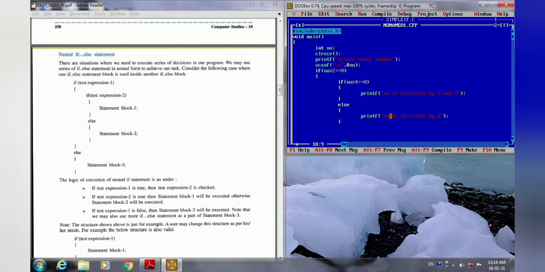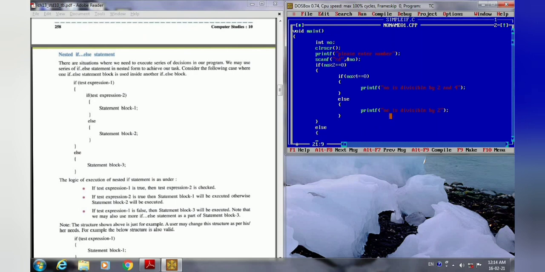Now we have to write the else part of our outer if. As the outer else part, we will write the message that number is not divisible by 2 and 4, because this else block will be executed when the first condition is false. If the number is not divisible by 2, then directly it will go to the else part.